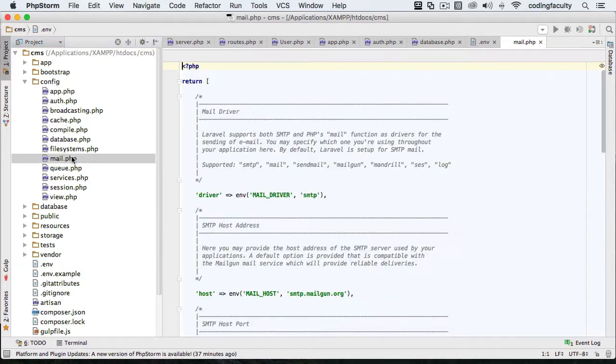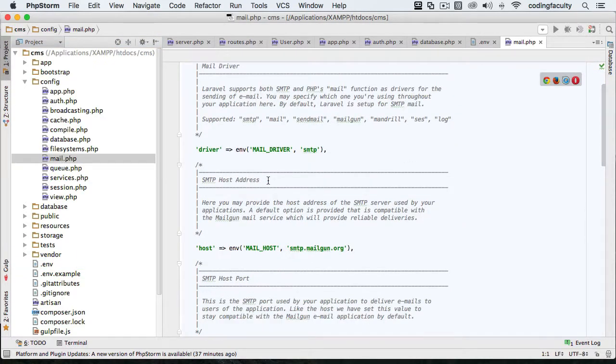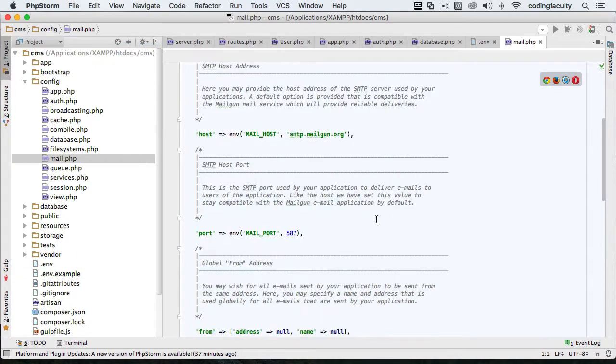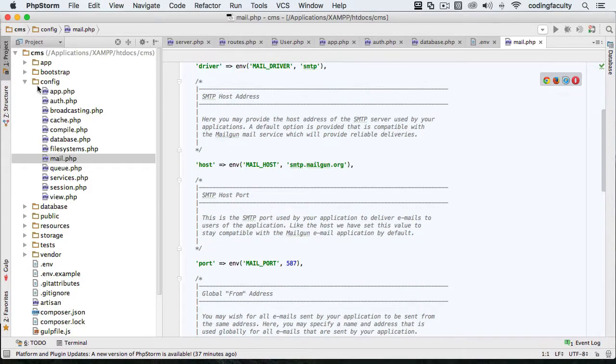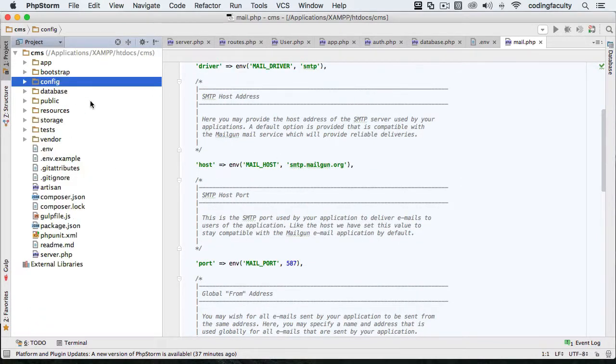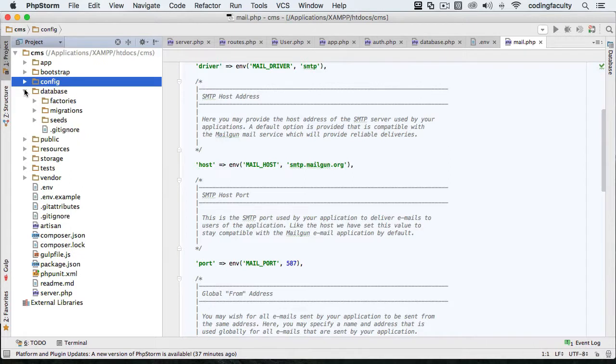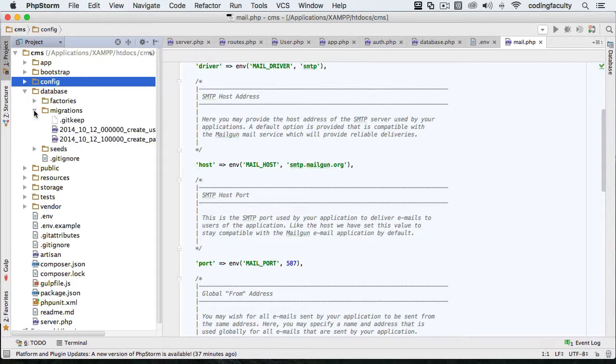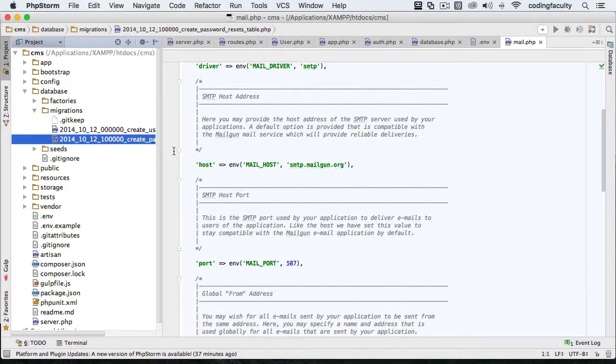We also set up our mail here, so if you want to set up an SMTP, we could do that here. All right, I'm just giving you a general overview. Then we have the database. Here we have something called migrations. We'll get into that later. This basically automates how we create tables. So basically, from Laravel we can create tables